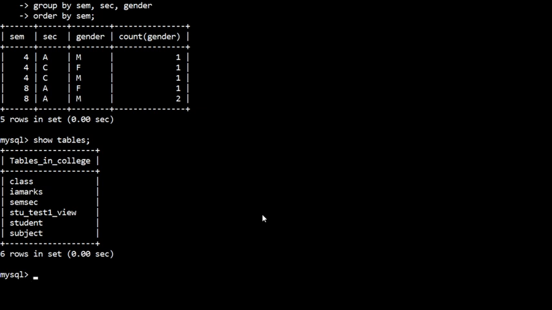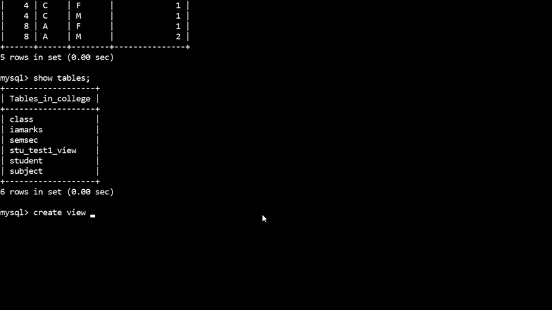Okay, create view, this is the syntax, and you have to give the name for this view. I'll write test1_view. This is the name.